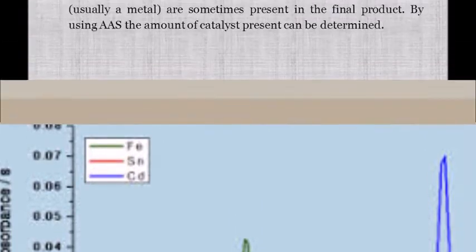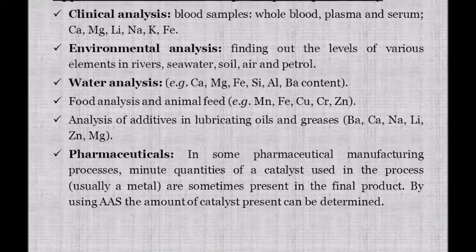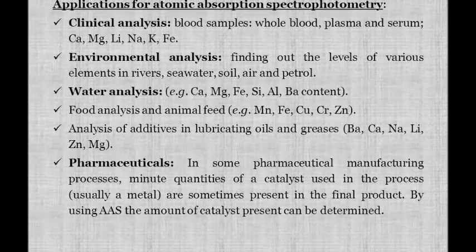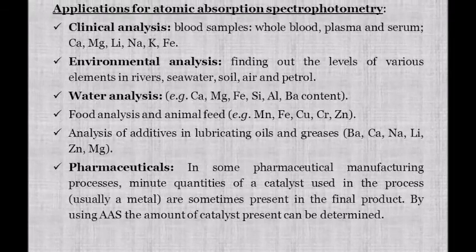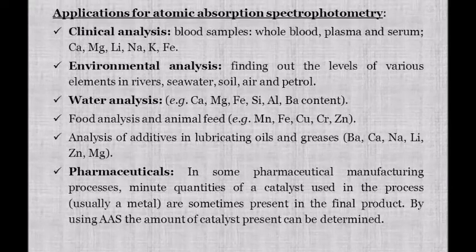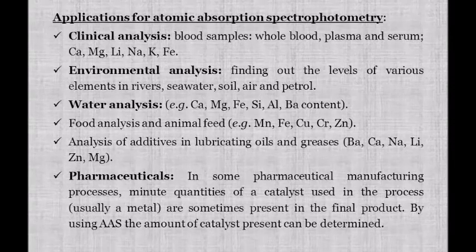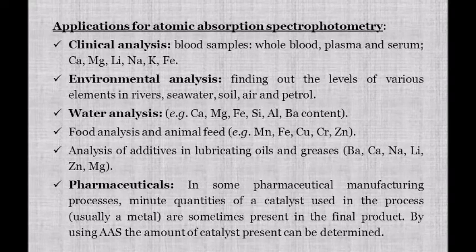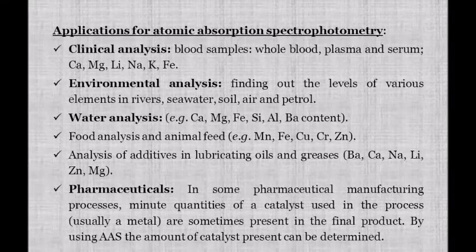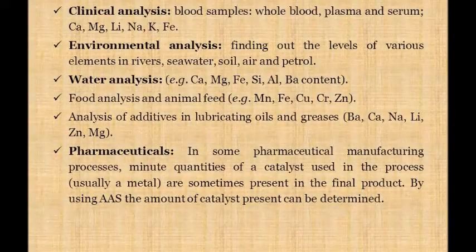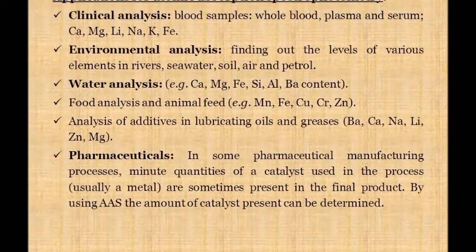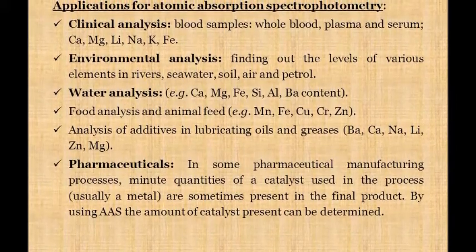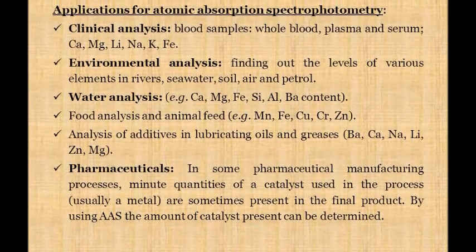The applications of atomic absorption spectroscopy are there in many fields. In clinical analysis, you will be able to analyze certain metals present in biological fluids such as blood and urine. Even in monitoring your environment, atomic absorption spectroscopy is used. For example, if you want to assess the pollution level in a fish system, you can take the fish, chop it, and extract the fluid from the fish. If you subject the fish fluid to atomic absorption spectroscopy, you may be able to spot what kind of pollutants are present in the fish body.